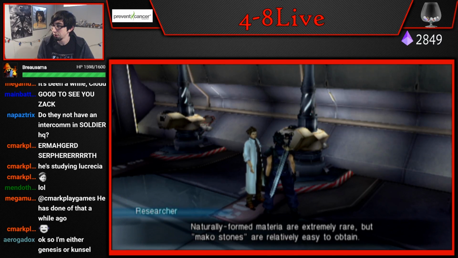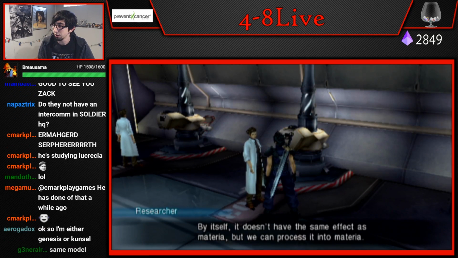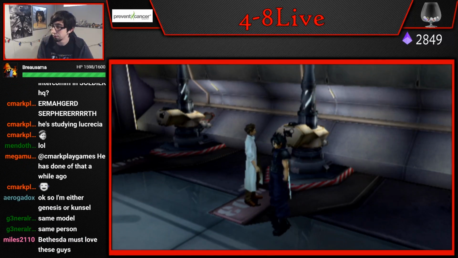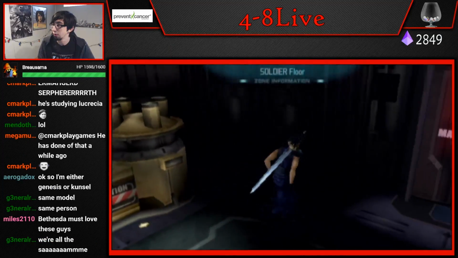Naturally formed materia are extremely rare, but Mako stones are relatively easy to obtain. A Mako stone is crystallized materia made of concentrated Mako energy. By itself, it doesn't have the same effect as materia, but we can process it into materia. Soldier members occasionally go out excavating for them. Maybe you should too. Alright, this is all very exciting, but